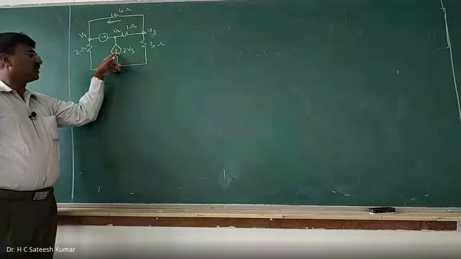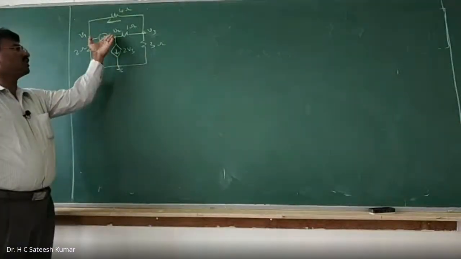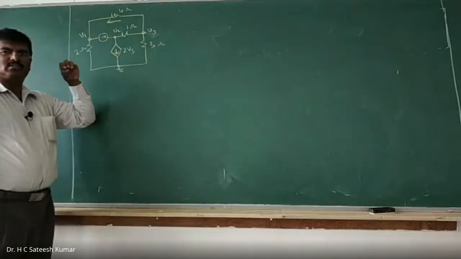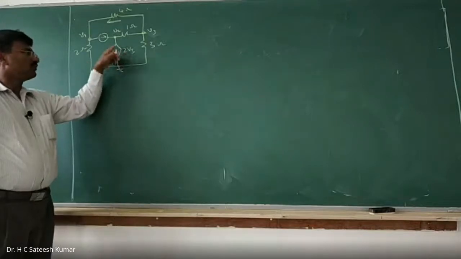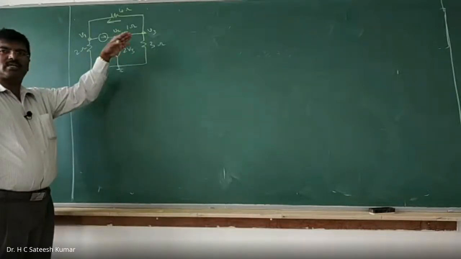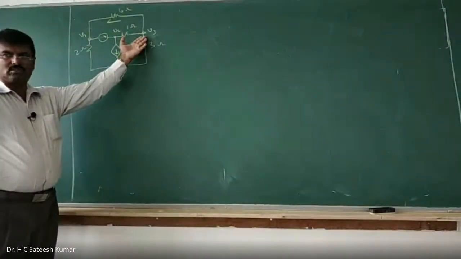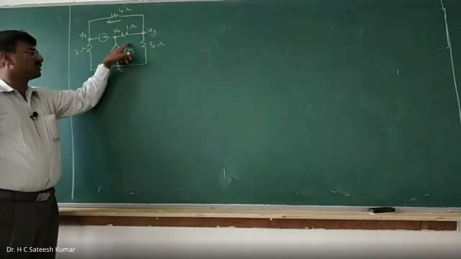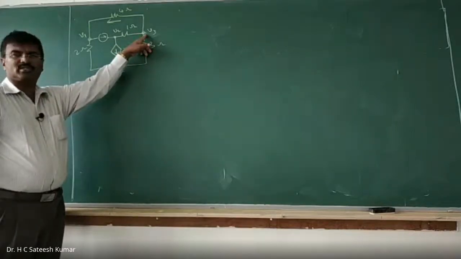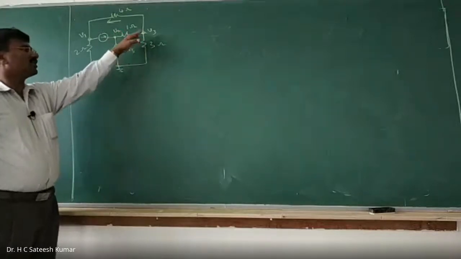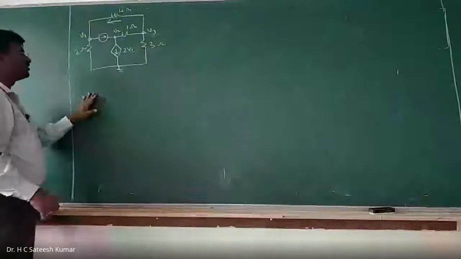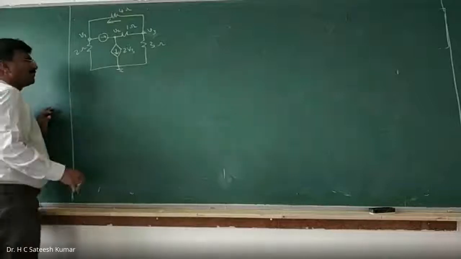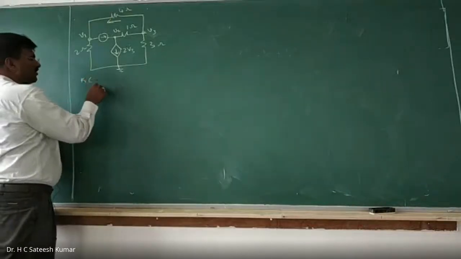Now this is the voltage dependent source. This is depending upon one of the node voltages itself. What is that we said dependent source? The dependent source is the one whose magnitude is depending upon the voltage or current at some other part of the network. The part can be a node also, not necessarily across a resistor. Magnitude of the current source is depending upon this voltage, so no need to worry about it. Let it be V3 itself. So now what you should do? Do you have any voltage source? No. Then there is no super node concept at all. So only dependent source here. KCL apply, regular problem only.